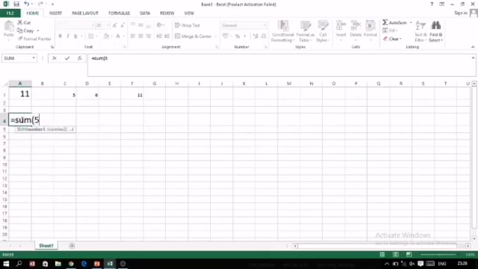Now for example, 5, 6. Here I have written only two numbers and I have used a sum function. So there is no need to give the plus sign. As I have written sum, Excel knows that we want to add these two numbers. Press the enter key and the answer will be 11. So whatever function name we have written, Excel knows what calculation we want to perform on these numbers. So that is the difference. A formula uses operators, that is plus, minus, multiplication or division, and for a function we have to give a specific function name.